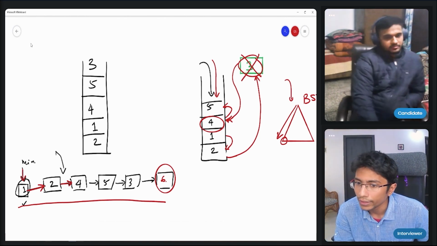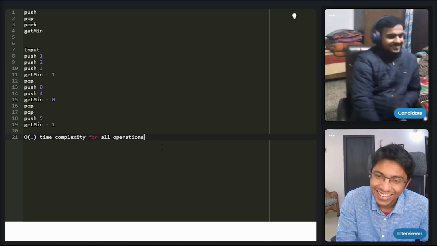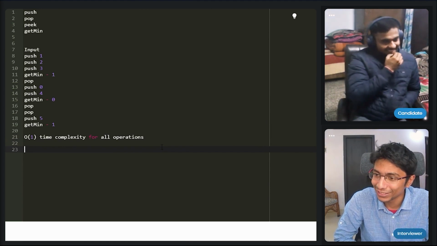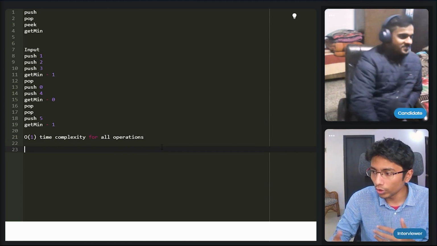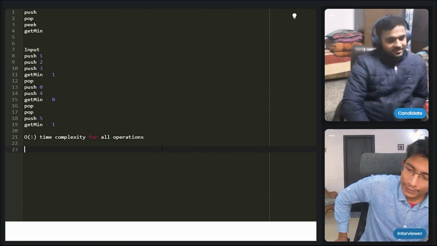This is I think pure genius from my side. This is probably the first question people try, but okay, let's see. Should I go ahead with the code, because I think the order complexity of all of them seems order 1. Okay, cool.